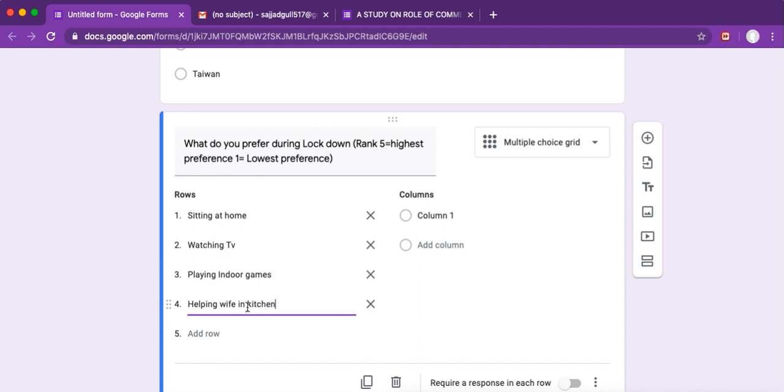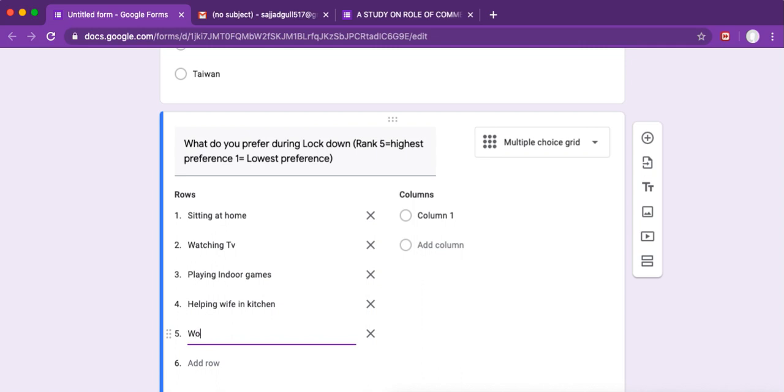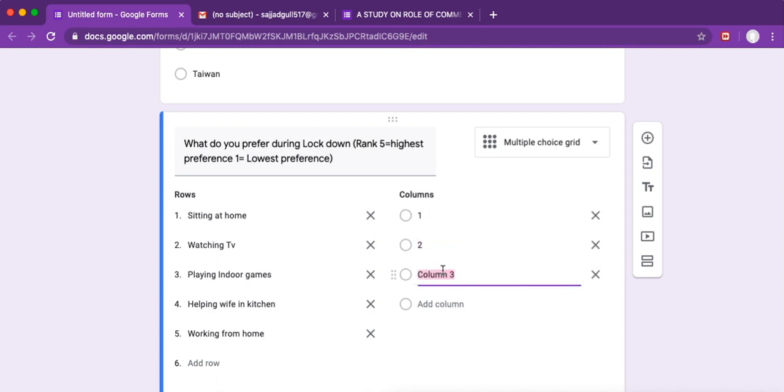Alright, then what else can we add here? Working from home. Now we have columns: we can write 1, 2, 3, then go to 4 and then 5 here.